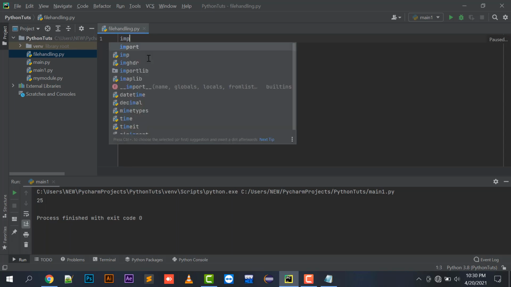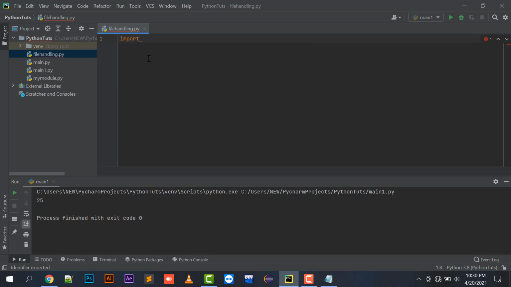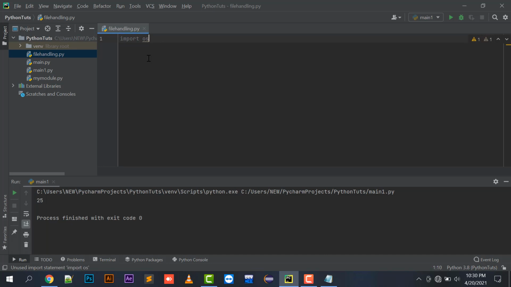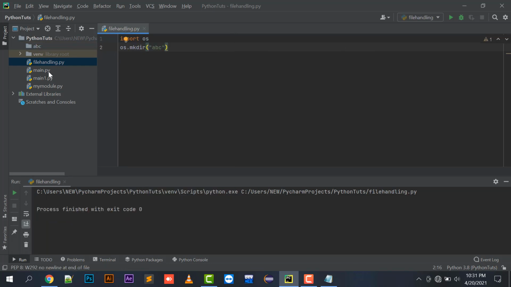So let's start. In order to create a directory, we need a module named os. So first of all, I need to import this module with the help of import os. os.mkdir is the function that is going to create a new directory. Let's say we are creating a directory named ABC. If I run this, it is going to create a directory named ABC inside your project folder. So if I want to create another directory,